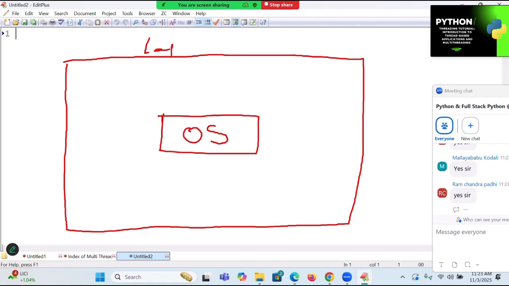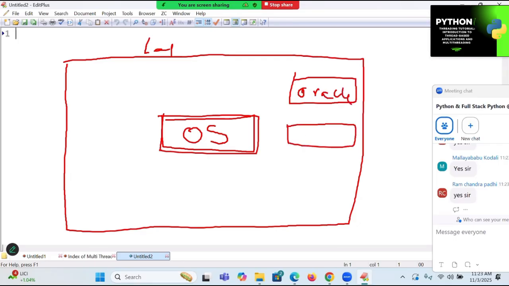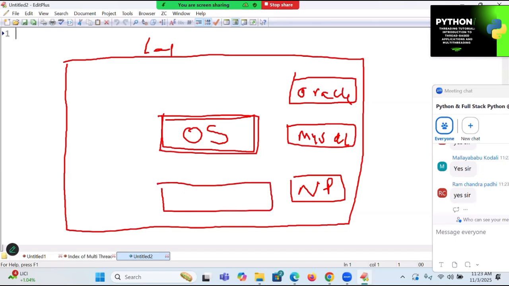So in my laptop, I opened Oracle software here. I opened MySQL here. And I opened EditPlus here, that is nothing but a text Notepad. Next, I opened PyCharm here.